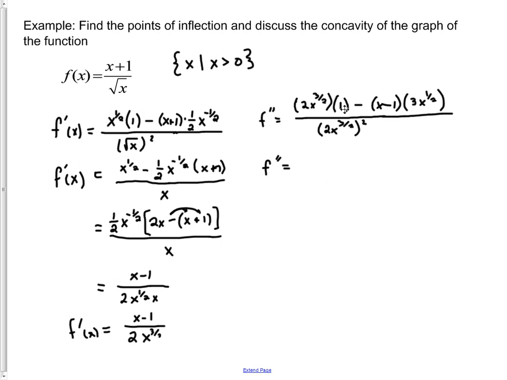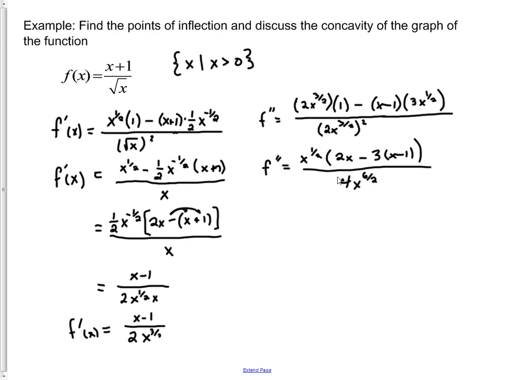Common factor in the numerator looks to be x to the 1/2, since x to the 1/2 is contained in x to the 3/2. So we're going to factor out x to the 1/2 here. That's going to leave us with 2 times x to the first, right? 1 plus 1/2 would be 3/2, so we take away that, minus 3 times x minus 1, divided by, I'll rewrite this, 4 times x to the 6/2,